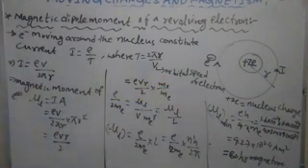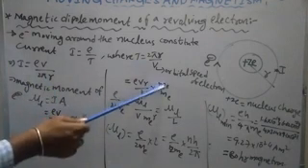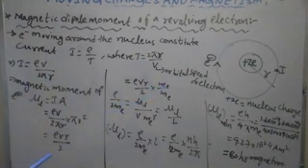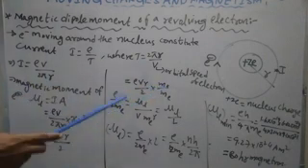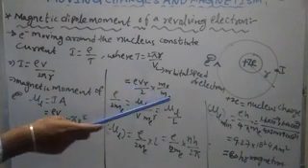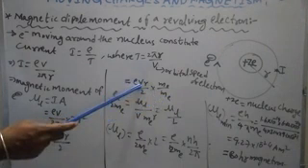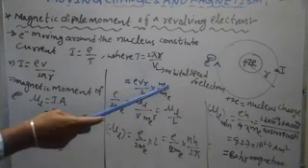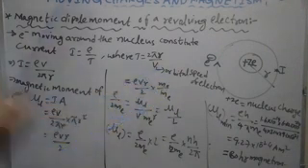The mass of the electron we know. What is the mass of the electron? 9.1 × 10^-31 kg. That's why we multiply and divide by Me. So you will get e by 2Me. Keep this e by 2Me on this side, and send V, R, Me to the opposite side.